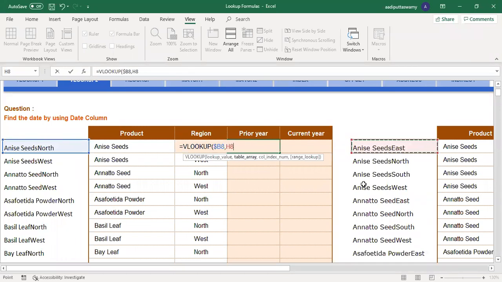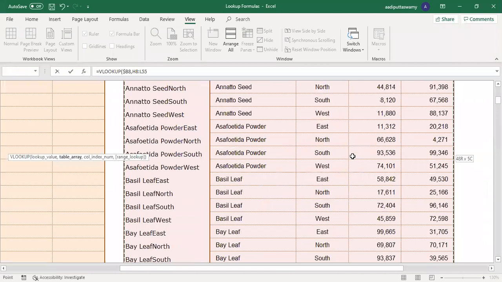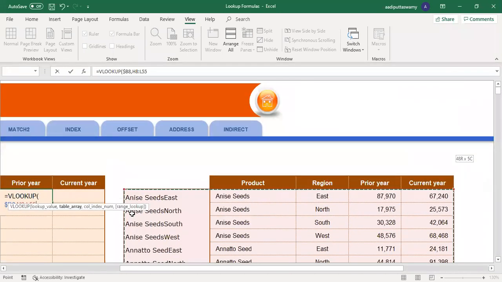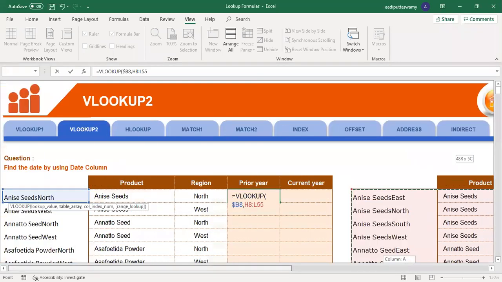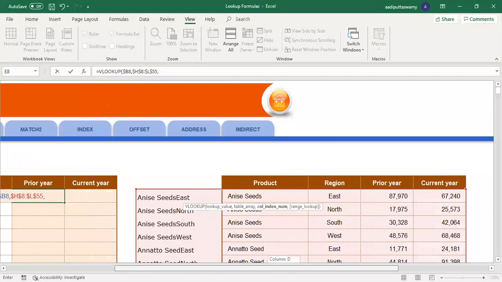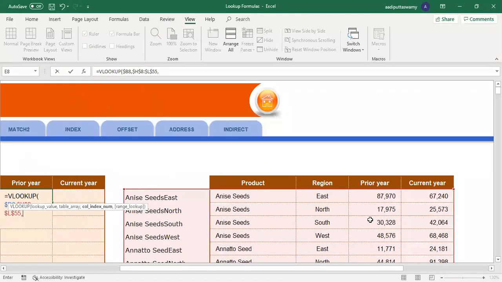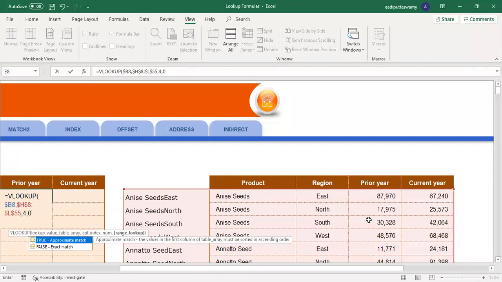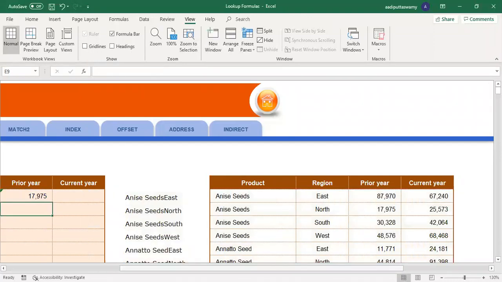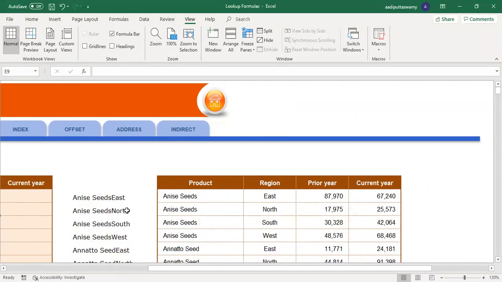Then I'll select the table array from this column. Do not select from this column because I have concatenated this. This will actually give me the unique value here. Say A4 to make it absolute, comma. Now I want the previous year data, that is say 1, 2, 3, 4, 4, comma 0. Say enter. See, now aniseeds north says